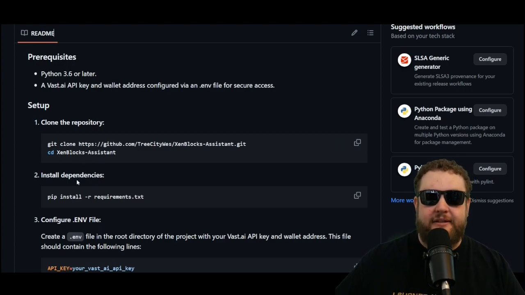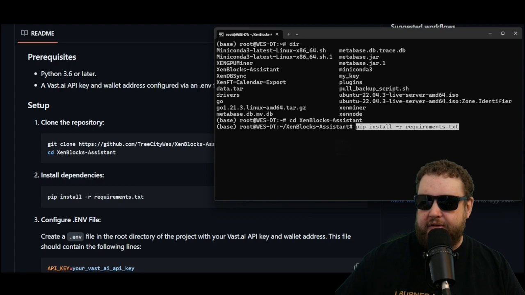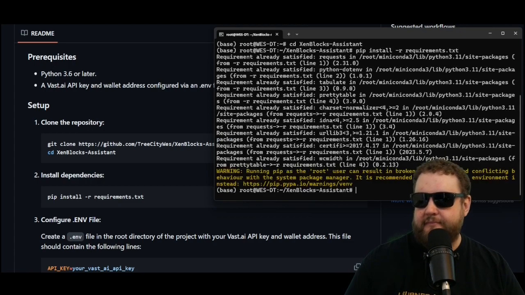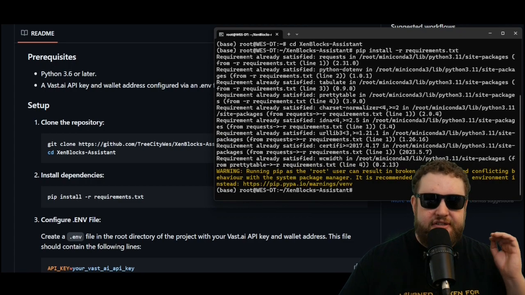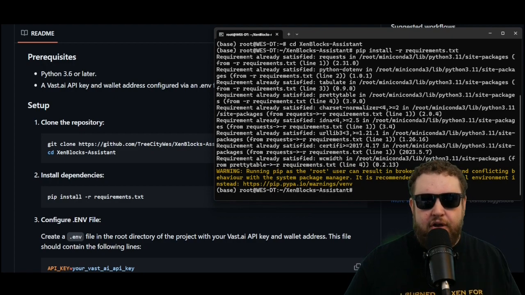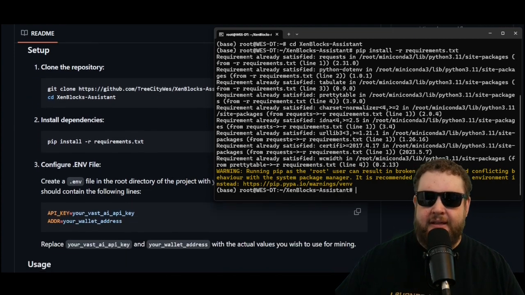The next step is going to be to install the dependencies. So let's go ahead and copy this pip install script. Go and paste it in there. And it's going to run through each of the requirements. Some of them may already be installed. You can see I got the message requirement already satisfied for some of these. So now that I have everything installed, we can go ahead and move on to the next step, and that's